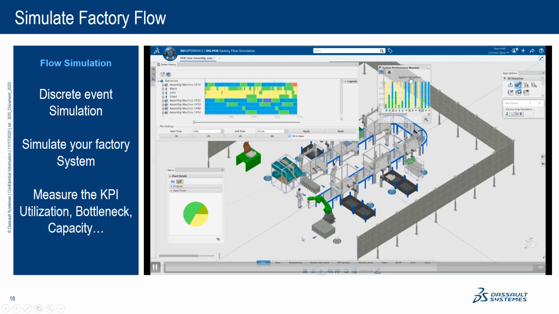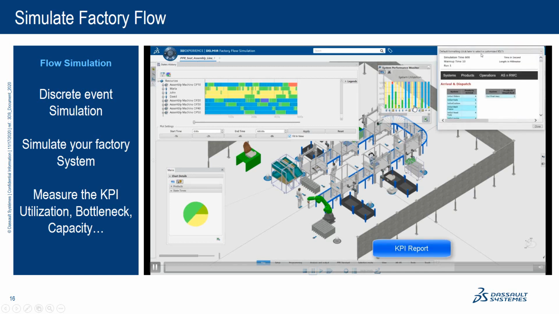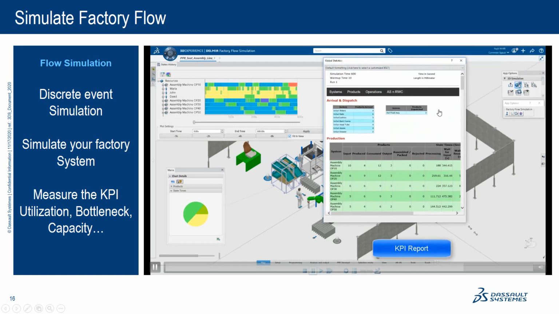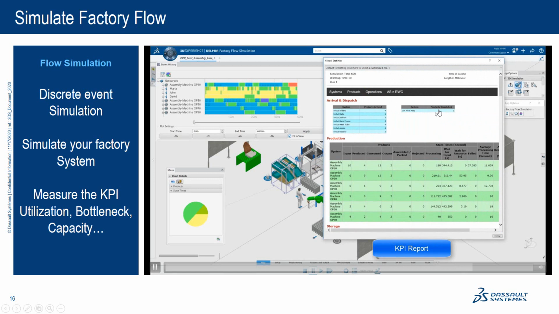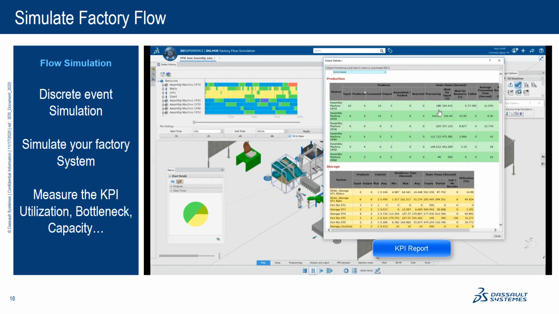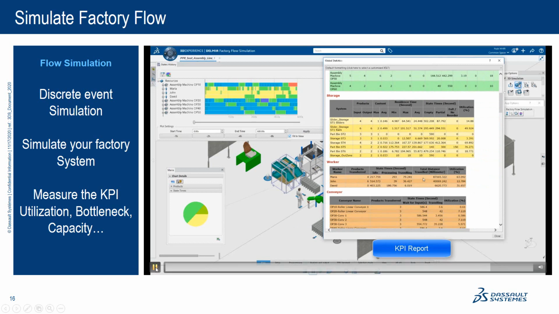You also have the overall system utilization on this panel that gives you information on your line overall, and basically what the bottleneck is. And if we do a quick pause in the report, at any point in time you can have access to this report that will give you detail on each resource, what's happening.